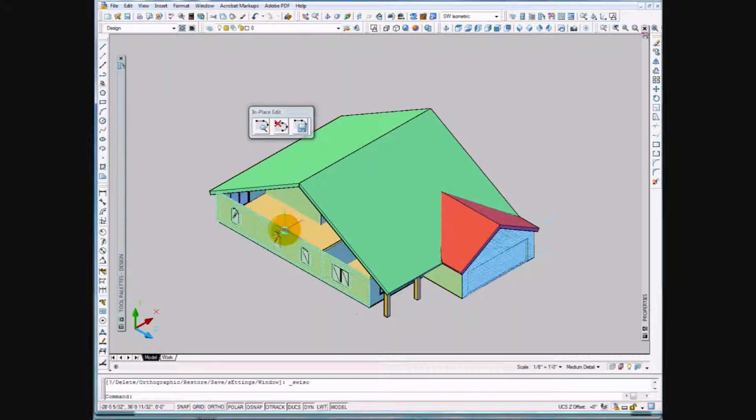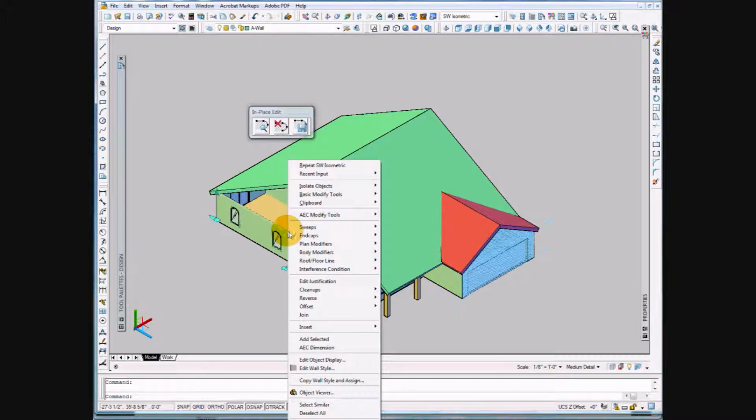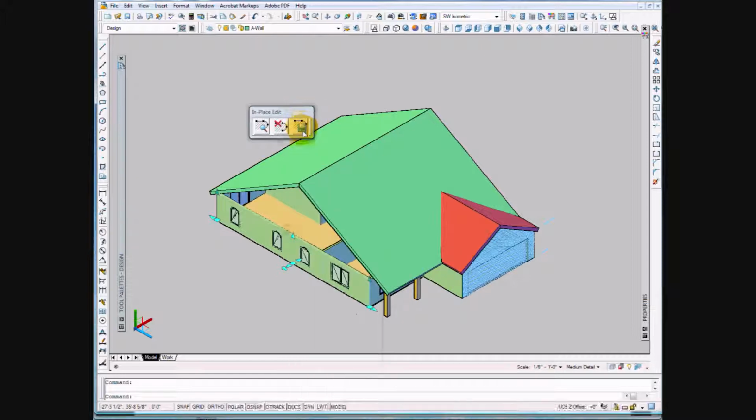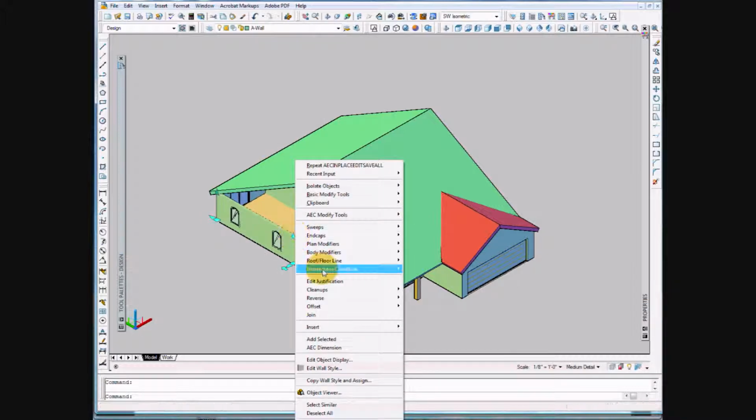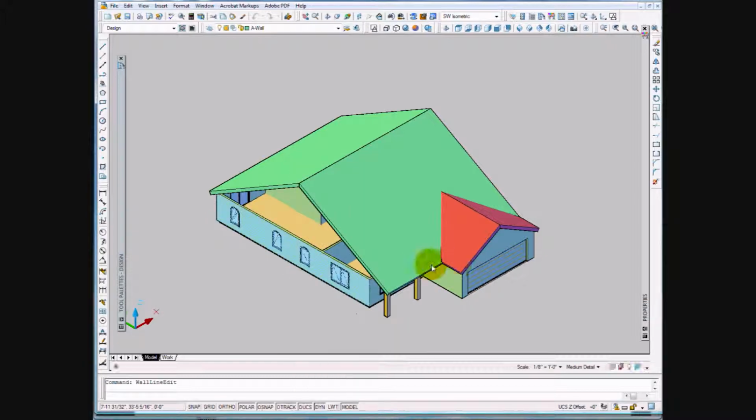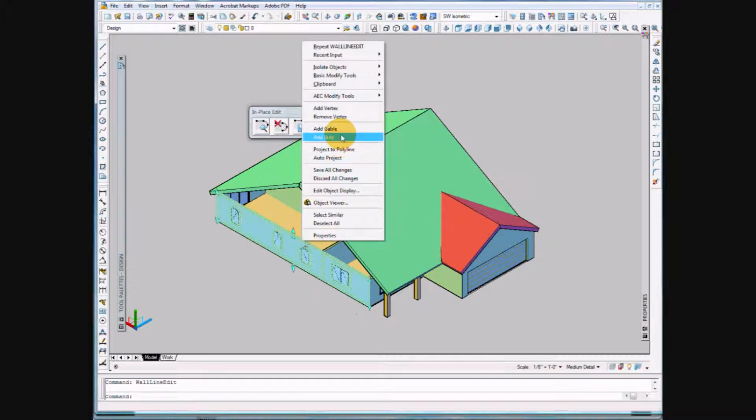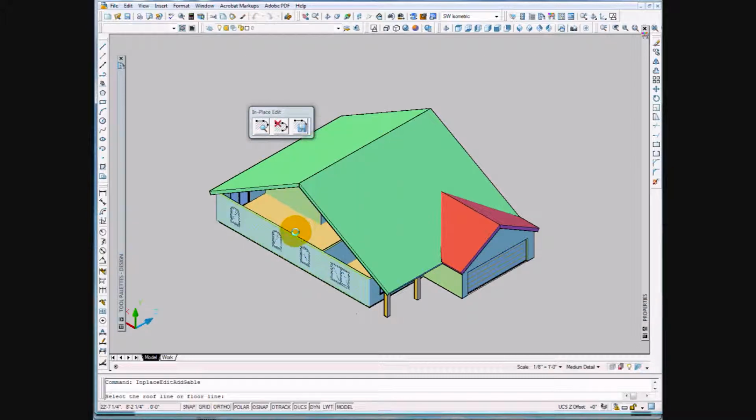All right, so let's select, this is on the left view. We'll select the wall, we'll right click. Actually, let's go ahead and save that first one. So save all changes so far. Select the wall. We're going to do the exact same process. However, we have a little other issues that occur here. Edit in place. And then right click and add gable. And you can do it right now. Go ahead and select that